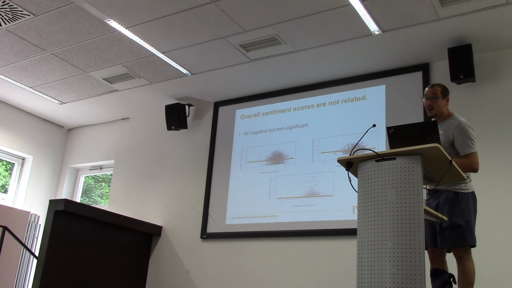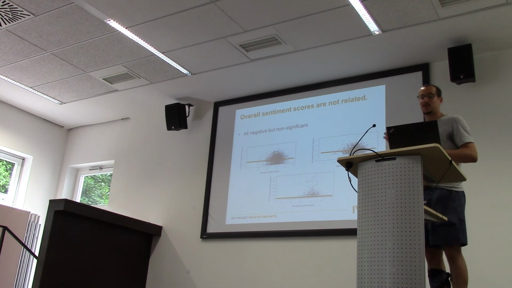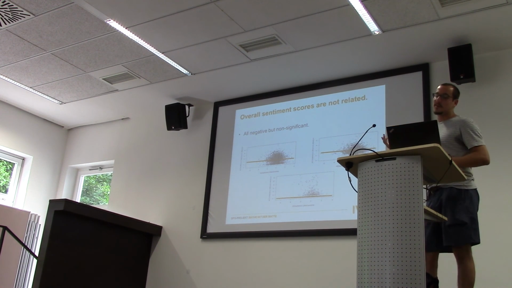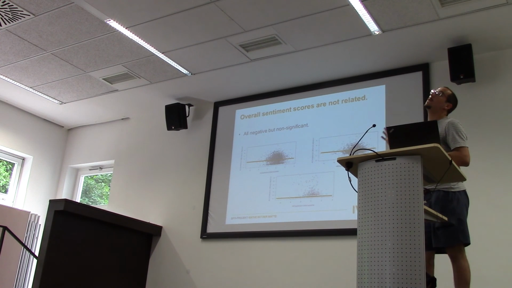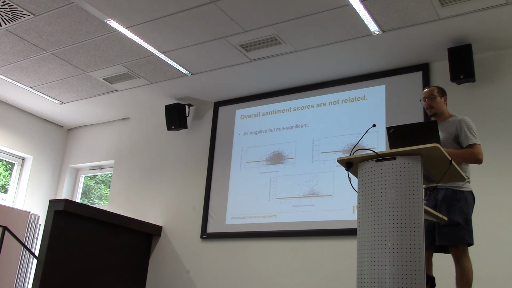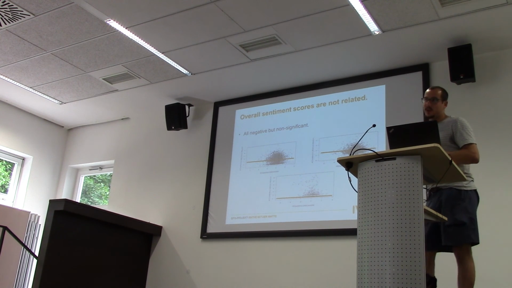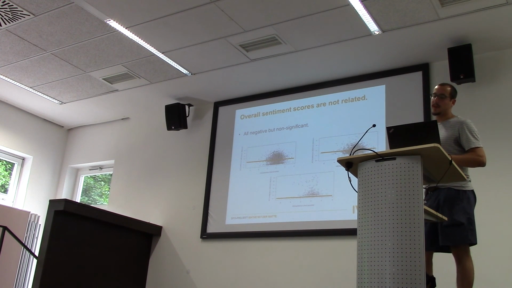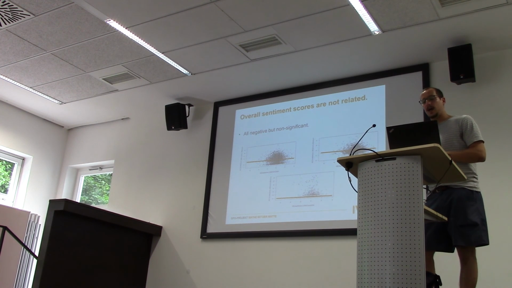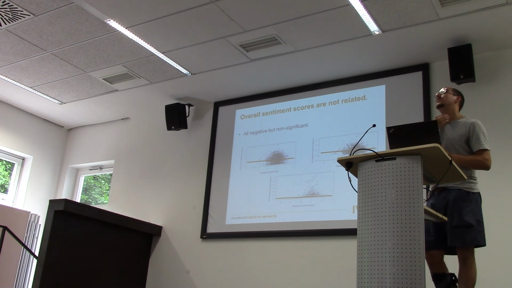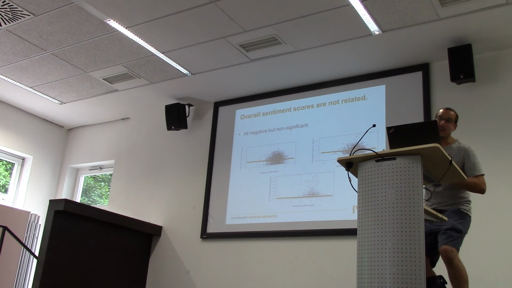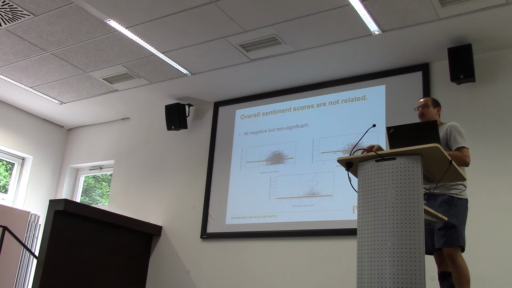If you look at the overall sentiment score, they're all slightly negative, but they're all not significant. So that's the first thing. That's somehow surprising, somehow not, maybe, because an abstract should not be negative, it should be neutral. And there's a very good distribution generally. But then we got to thinking, and somehow just summing. So what it does is it counts the number of positive words in